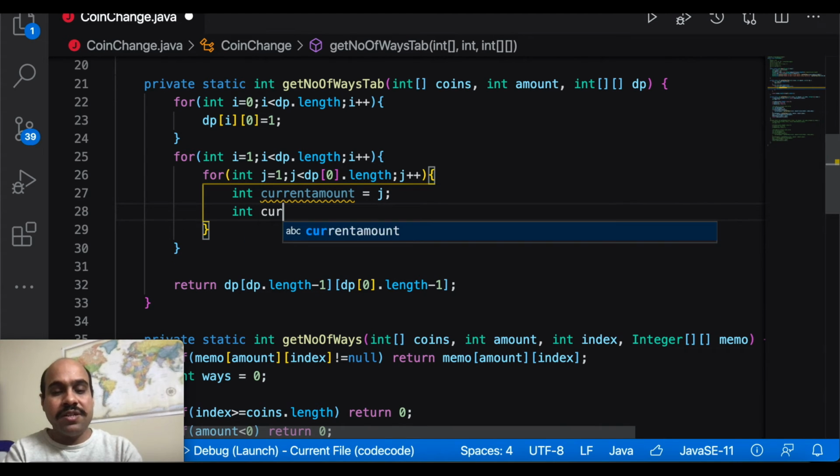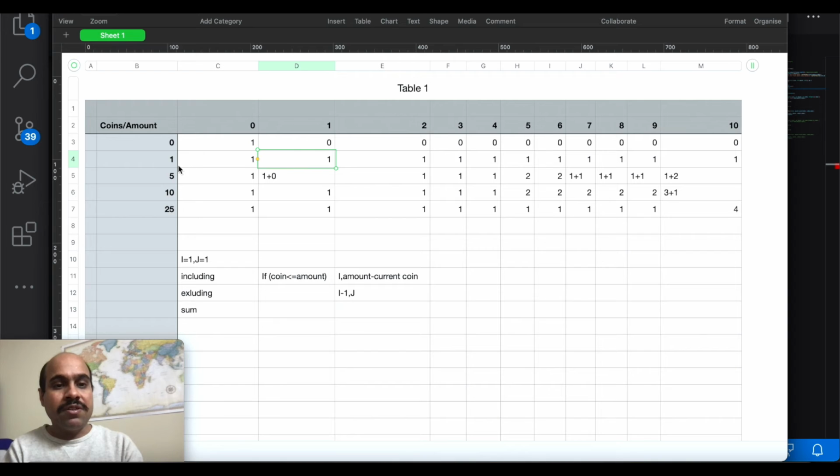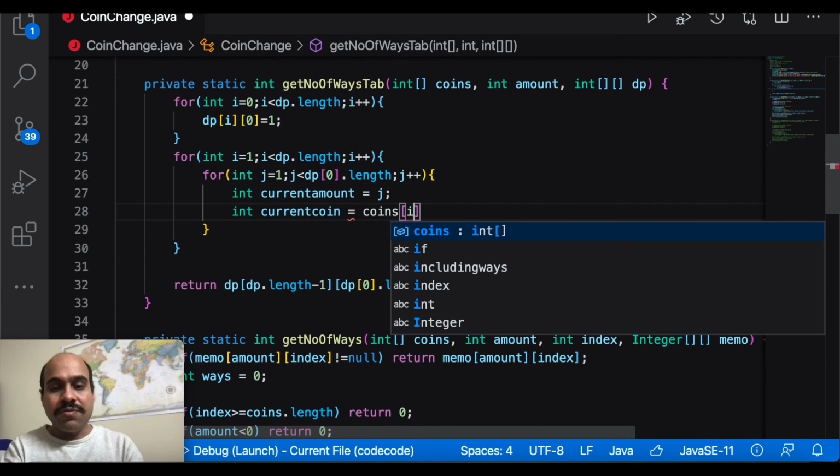And what is current coin? Current coin, example, if I am calculating some values over here for this 1, so because here I can simply see in this row I have written 1, but if I want to get this value programmatically, I cannot say coins of 1, because coins of 1 will return me 5. I need this one. So because we have added one index extra, so I just need to subtract coins of i minus 1.